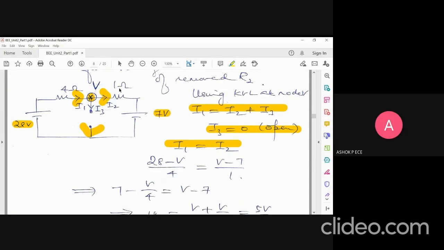So how will the current flow in this circuit? The loop current will be flowing in which direction? It will be flowing like this, right? One direction only, sir, from the 28 volts source, as shown. So it will be flowing this way. Okay, sir. So it is simple. I is going to be (28 minus 7) by (4 plus 1). So you will get the value of I. From I, you can find VThevenin. Okay, sir. That can also be done. But for me, visualizing the circuit, I feel KCL to be easy. So I did it using nodal analysis.